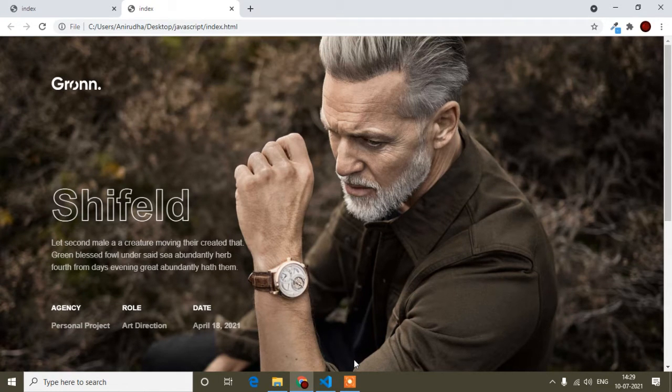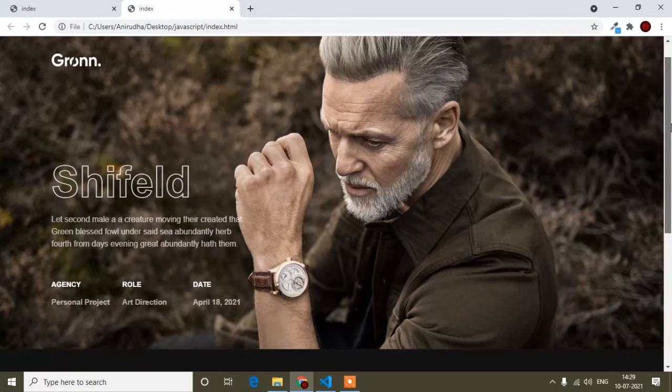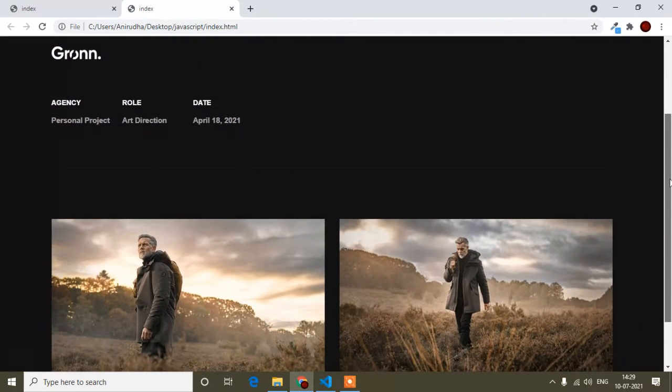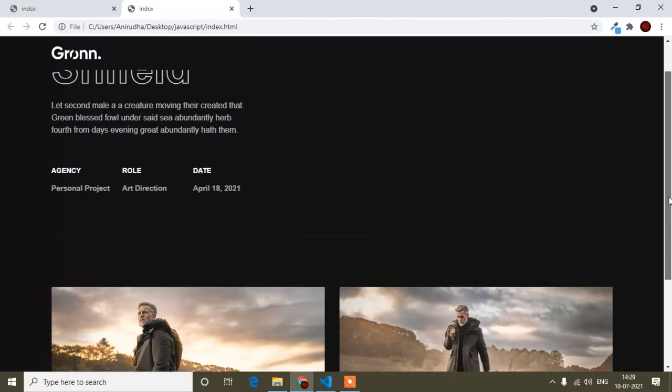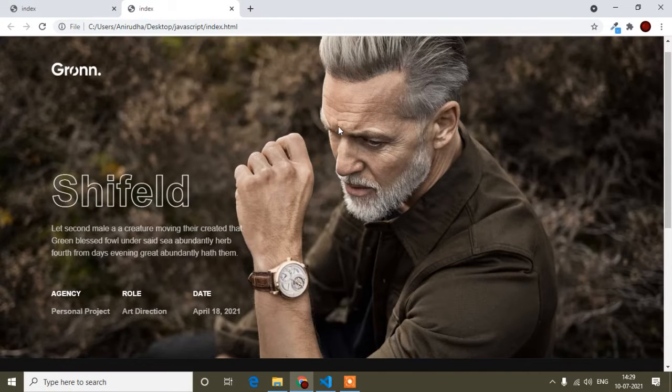I will show you how you can create this type of design. First of all, the site will look like this, but when I scroll down, you can see the scroll effect. So I will show you the preview. If I scroll down, you can see the background image is not visible and the site is going dark, and the header is position fixed. When I scroll up, you can see the site is still visible and the header is not position fixed.